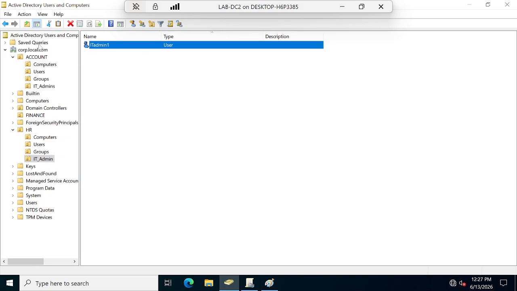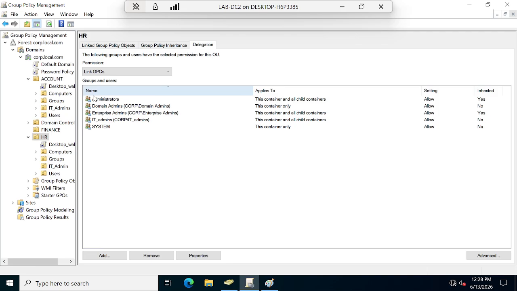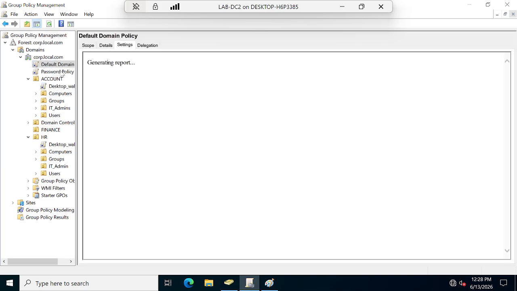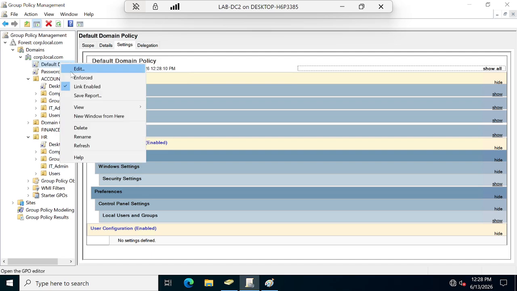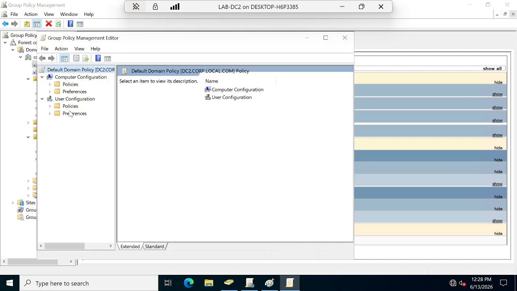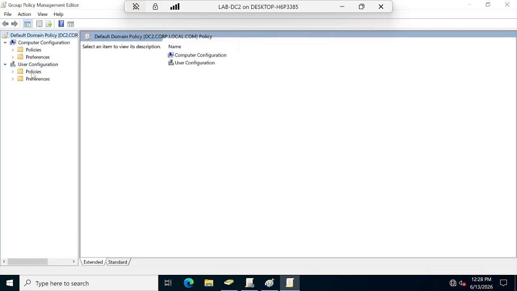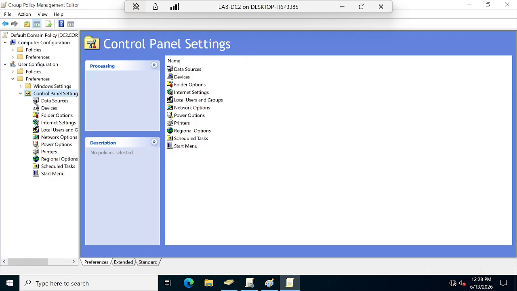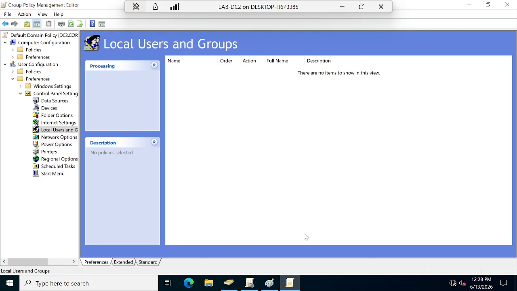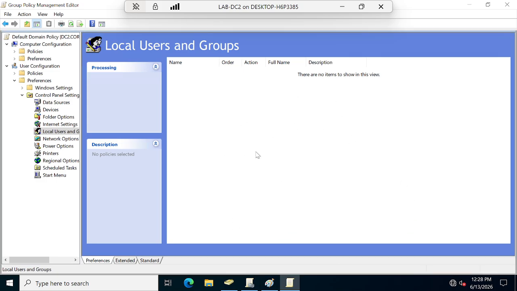Here you can do one more thing. You'll configure local users and groups. If you edit the default domain policy, here you have local admins permissions. See here, if you go to preferences, control panel settings, here you have local users and groups, right? If you double click here, there are no users, but you can manage local users and groups here itself. Okay,